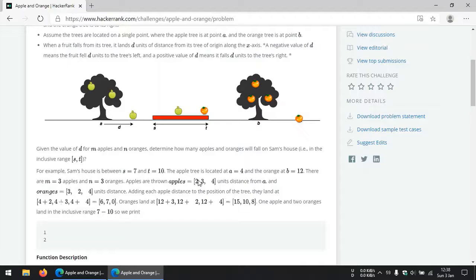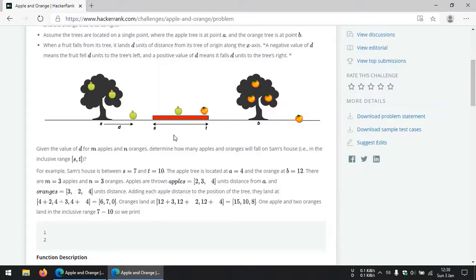The first apple would have fallen at the point 6, since it has fallen at a distance of 2 units from the apple tree. Since the apple tree is at the point 4, we can simply add the distance to the position of the apple tree, and finally we'll have the position at which the fruit has fallen on the ground.